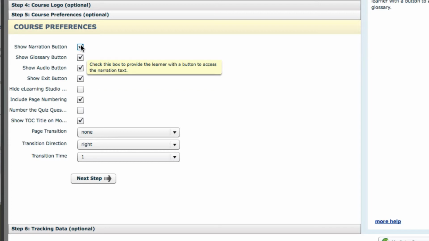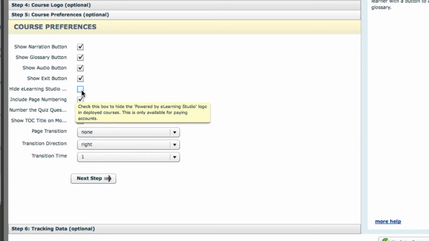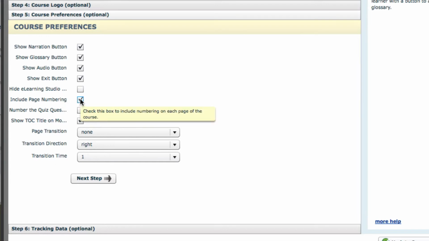And same goes with the narration button, with the audio button, with the exit button, with the eLearning Studio logo. If you have "powered by Unison" or "powered by eLearning Studio", you can change that out. If it's showing there, you can just simply uncheck it. Include page numbering as well, if you don't want there to be a page number,